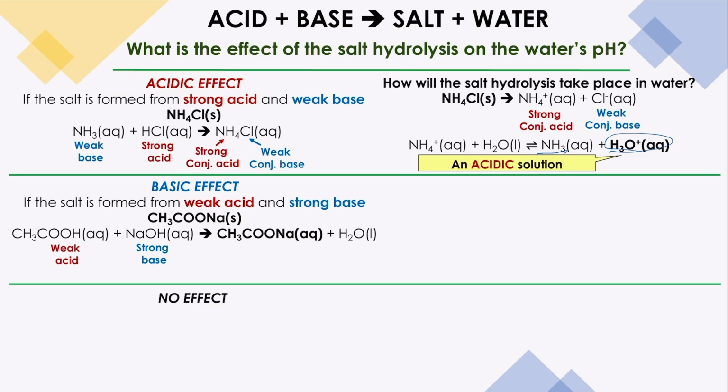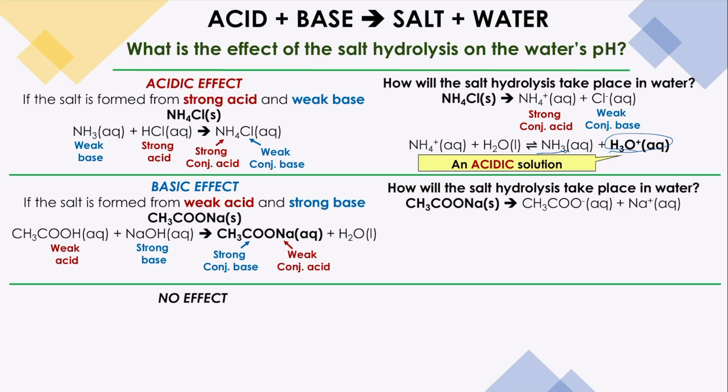Of course, weak acid will make a strong conjugate base, which is CH3COO-. This negative ion of the salt is a strong base, and NaOH will, of course, produce a weak conjugate acid. Again, how will the salt hydrolysis take place in water? We have here the salt. It will decompose to produce these two ions. We already know that this CH3COO- is a strong conjugate base, while Na+ is a weak conjugate acid,